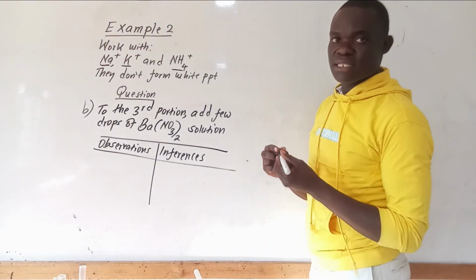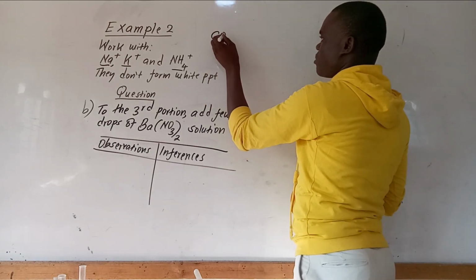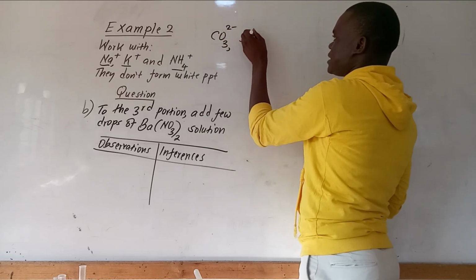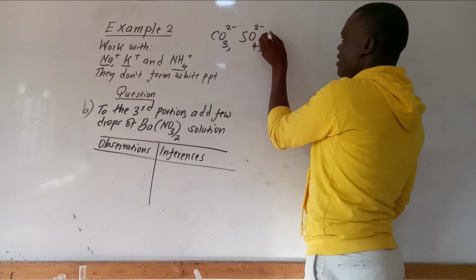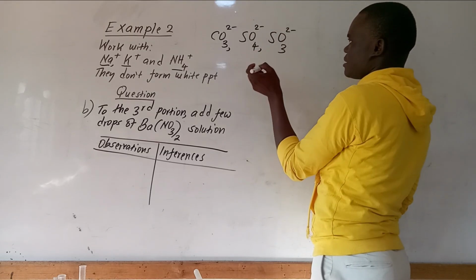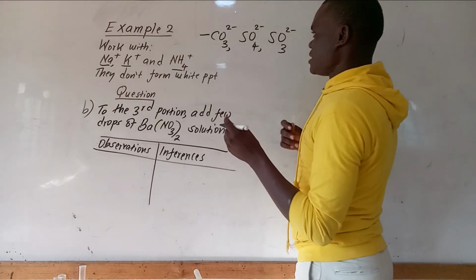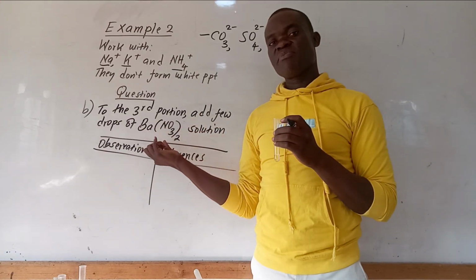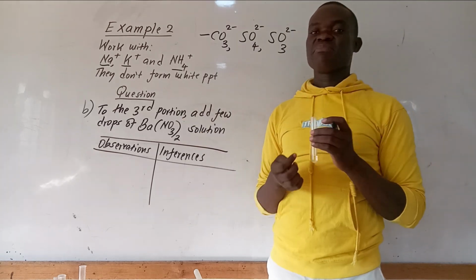The three anions that we talked about yesterday: carbonate ion, sulfate ion, sulfite ion. These are the three ions that we will either say are present when a white precipitate forms or absent when a white precipitate